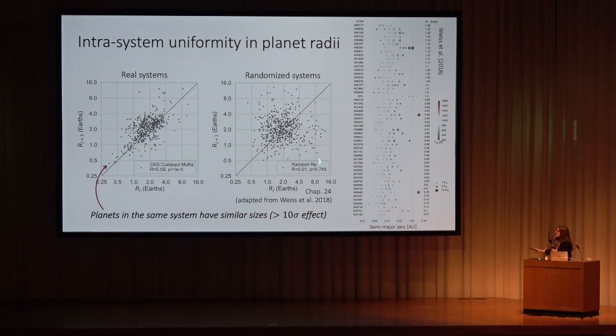In contrast, this plot in the middle shows the expectation based on planet radii that are drawn at random and that survive sort of a mock Kepler detection criterion. So you can clearly see a lack of correlation in that randomized sample. By doing this for many random realizations, we can conclude that planets in the same system tend to have similar